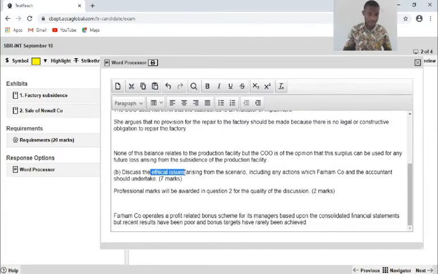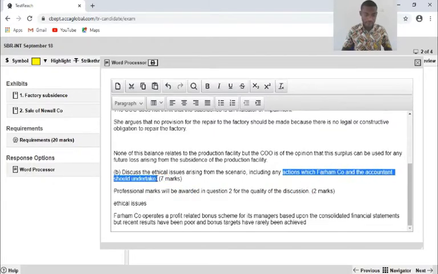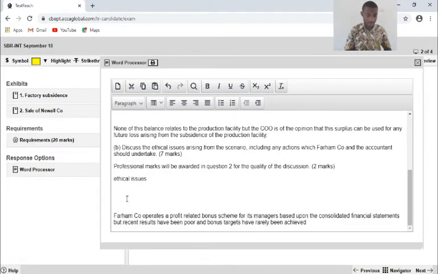So I'll copy that, paste it here, and then also any actions. So any actions, I'll copy that as well. So bring it down, paste it, and then just edit this a bit, and then also have the ethical issues. So I'll bold this one, I'll bold this one as well.